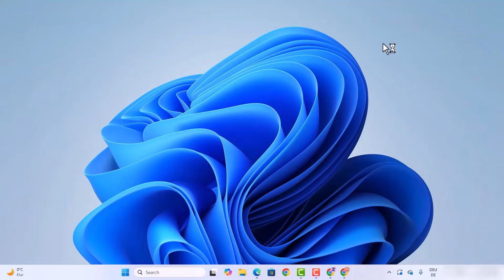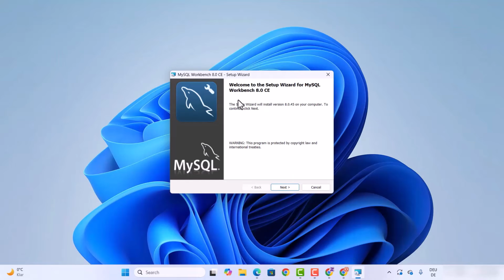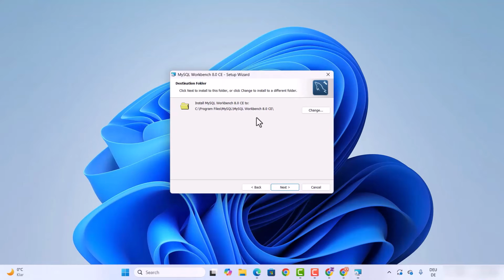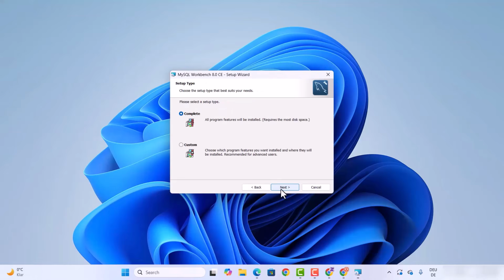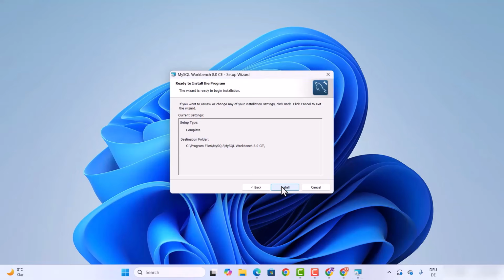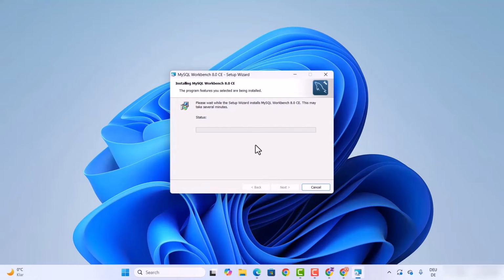and let me just minimize the browser, and the installation wizard for MySQL Workbench has been started. So click on next here, and this is the default location, so just leave it as default and then click on next. And we are going to go with the complete setup, so just leave it as default, which is complete, and then click on next, and then click on install, which is going to start the installation of MySQL